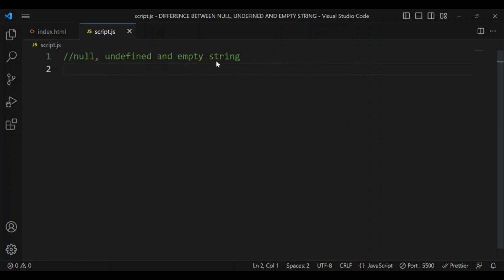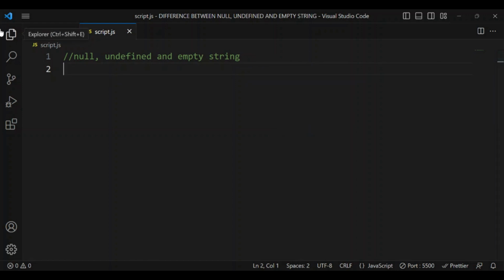Null, undefined, and string are primitive data types. And if you check the MDN documentation of what a primitive data type is, it is defined as data that has no methods, no properties, and they are not objects. That was very confusing for me when I started learning JavaScript because I know fully well that I could use some methods on strings and numbers, for example, which are primitive data